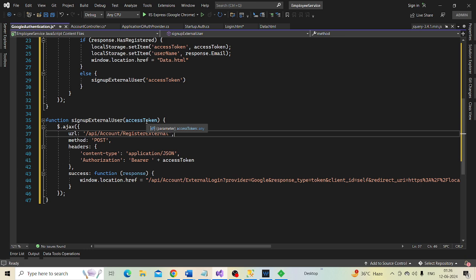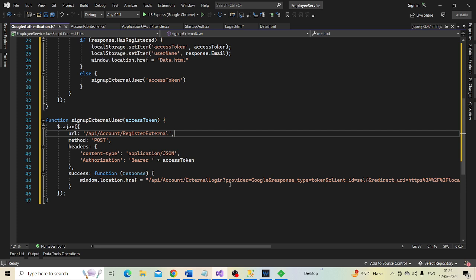It registers that external user with our application by issuing a post request to this URL. And once the user is successfully registered, it redirects us back to the Google sign up page.